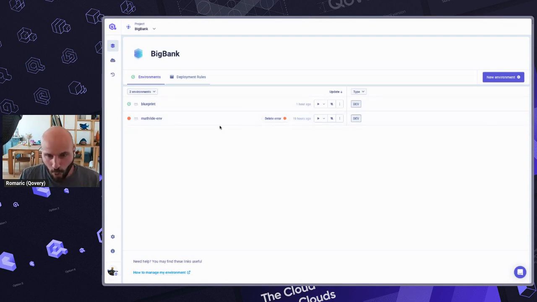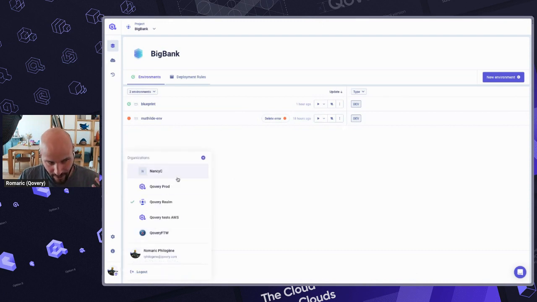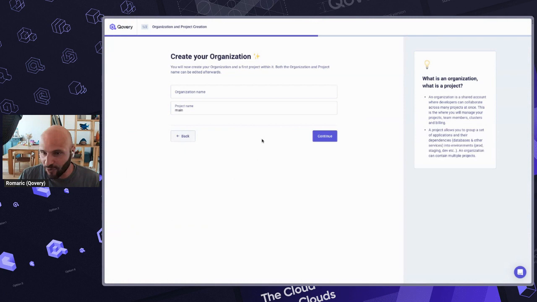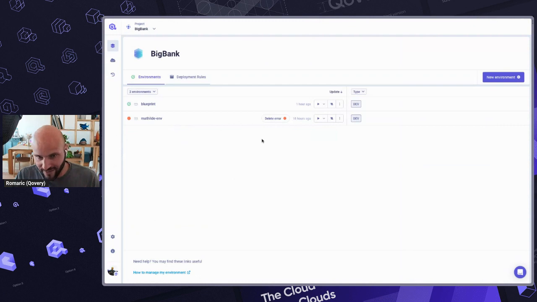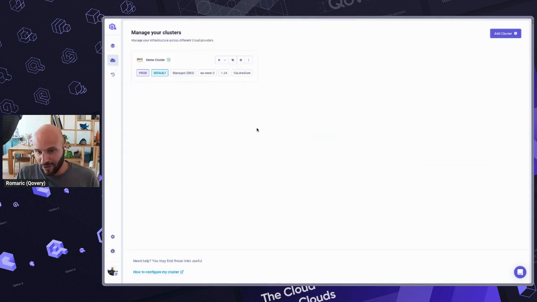Once you're connected, what we ask is to create what we call an organization. I already have a bunch of organizations, but an organization is a place where you will manage your infrastructure. Let's say you're a company with a project, you want to invite some team members and manage your infrastructure. You can create an organization, and from that place you can manage all those elements. It's not rocket science, but once it's done, you can do what we call installing Qovery on your cluster,